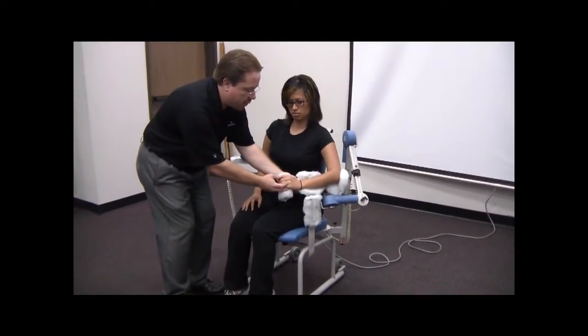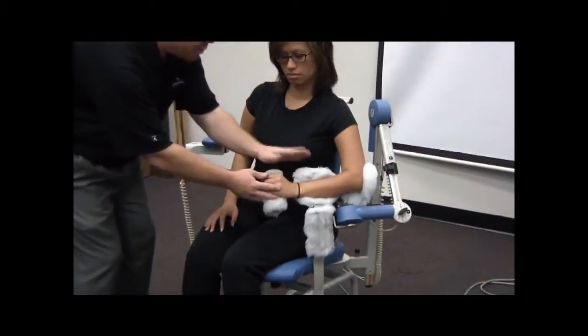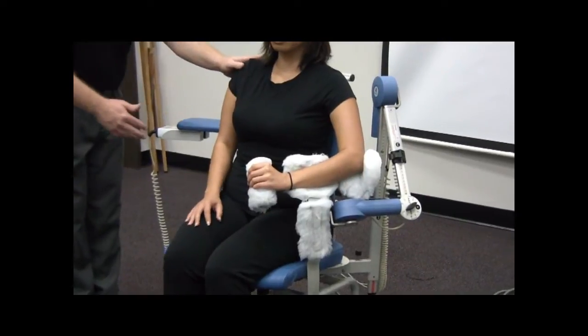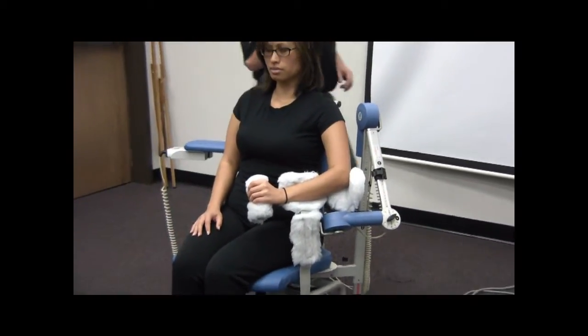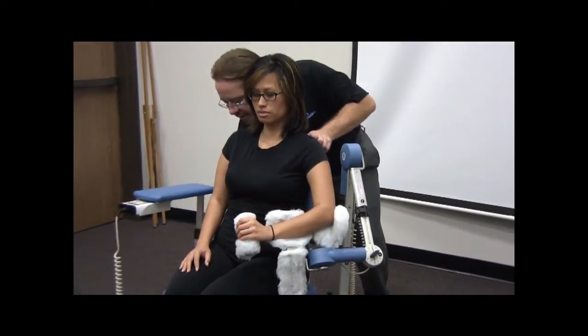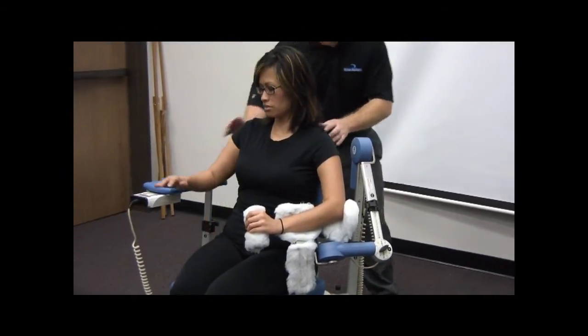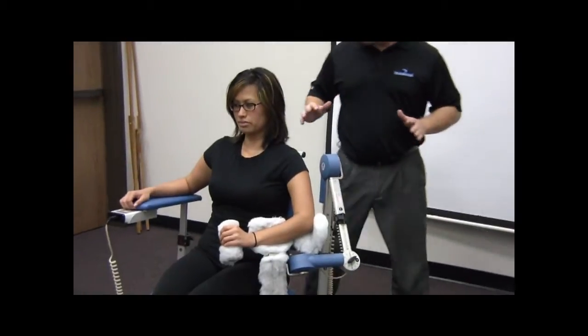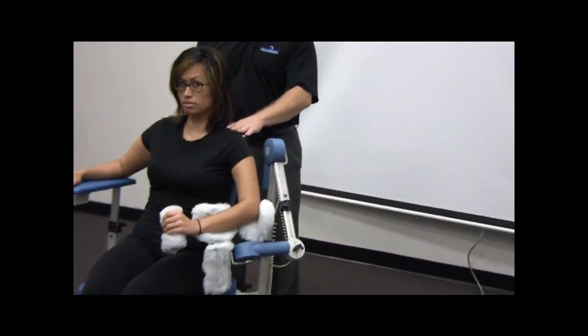Now, right off the bat, she has small arms. We want to go ahead and get her at least a little bit comfortable. Now we want to ask her to square herself in the chair and to sit all the way back. Now, we're going to slide that off armrest back, and we'll come back to that in just a second. The first thing that I typically want to do is make sure that the patient is comfortable